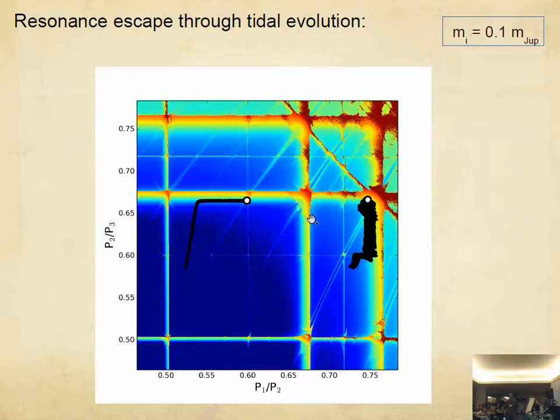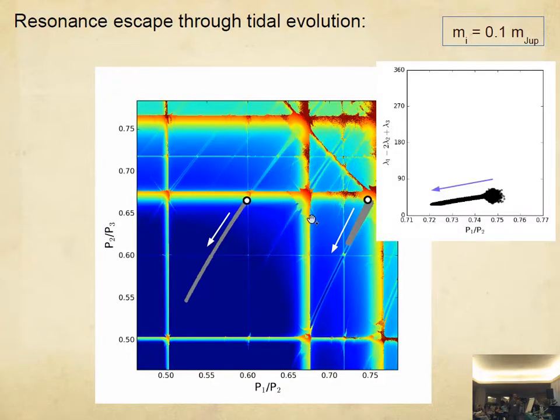So the last thing I would like to discuss is, okay, we have these systems which are captured in these resonances. Let's go to the classical. So you have these walls defined by two-planet resonances. What happens when you introduce tidal evolution? Okay, so you begin to have a divergence, migration. So the question is, do they go back the way they came? Do they go by another resonance? What happens? And the solution is that they will go out by the true three-planet resonances.